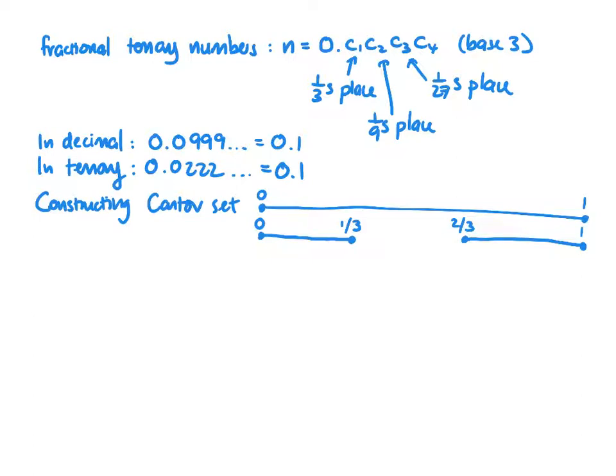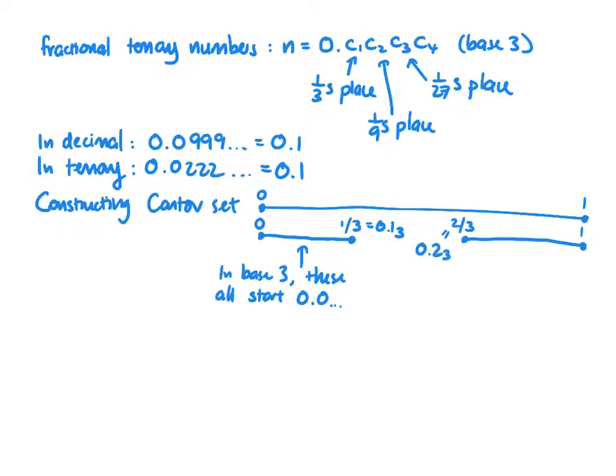Okay, so here's the thing to think about: in base 3, these numbers are all less than 1/3. These numbers all start with 0.0 and then something comes after that, because 0.1 in ternary is 1/3. So we're less than that, so we need to start 0.0 and then things coming after that. Now, just as a note, 1/3 is 0.1 in base 3, and 2/3 is 0.2 written in